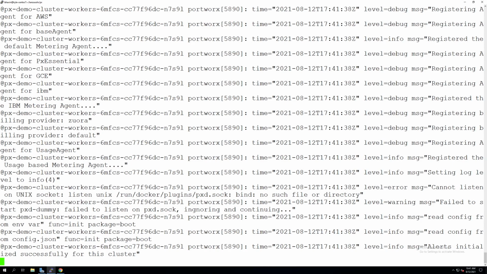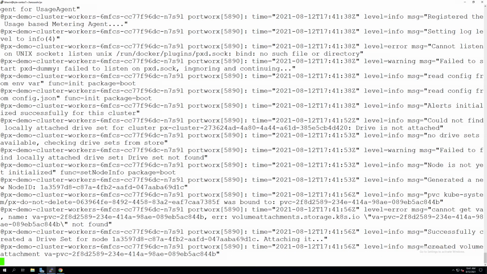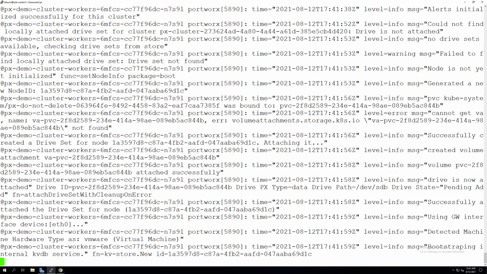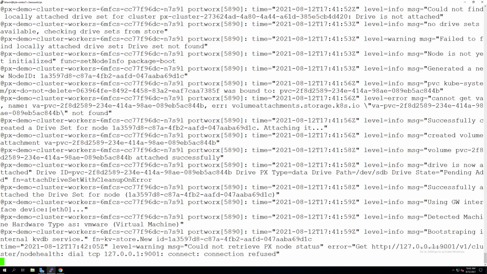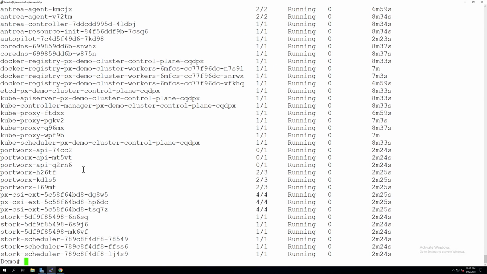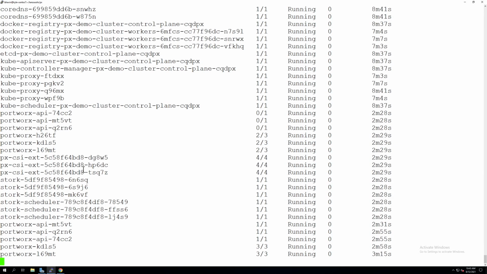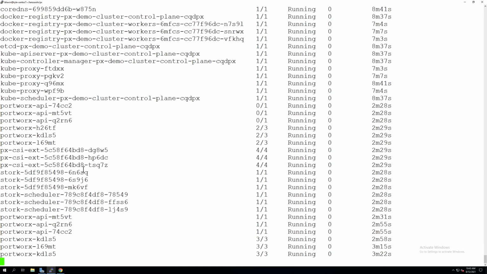So it is creating a new cluster, it is registering a new node ID, it will then provision virtual disks for you. So if you are a VMware administrator, it will basically create new VMDKs on the vSphere data store that's backed by the VMware CSI plugin, and mount those VMDKs on the worker nodes. And then from that point, it will take over and inside these Portworx pods, it will form a new Portworx storage cluster and create a new storage pool that can be leveraged by your stateful applications. So again, this process takes some time.